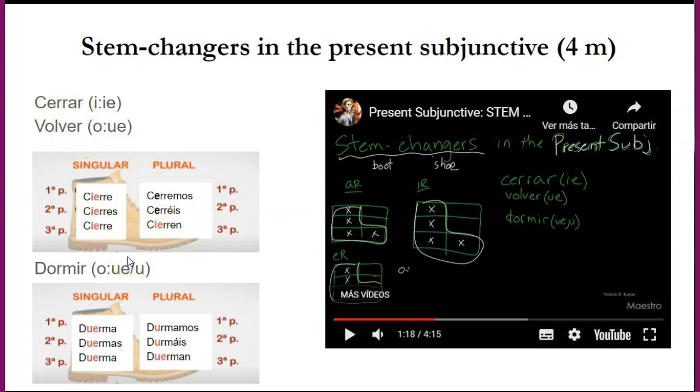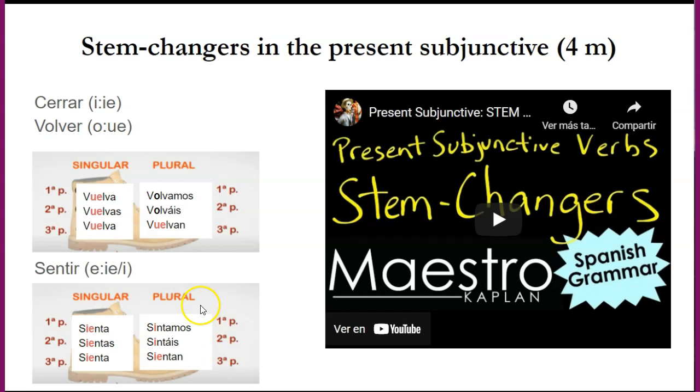But with IR ending verbs that have a stem change, the nosotros and vosotros form would also have a stem change. The other example I wanted to show you is an IR ending verb that has a stem change from E to IE.